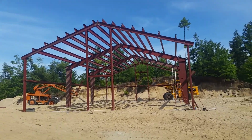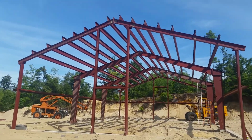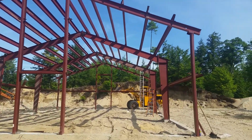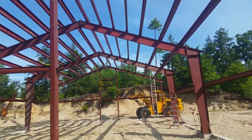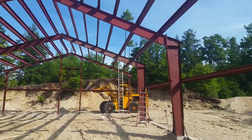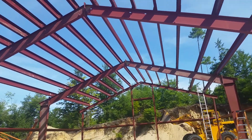Well, there it is, 7 days worth of work. I'll tell you this, not the standard 8-hour day though. This is the start of day 8 and I'm beat. So today I'm going to take it light. I got to tighten down all the bolts on the purlins. Put in cross braces, and